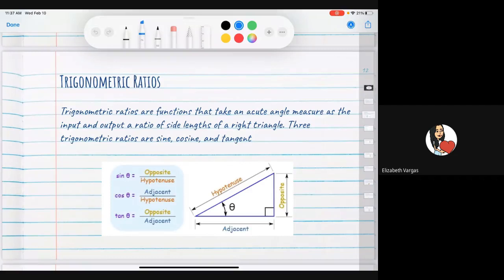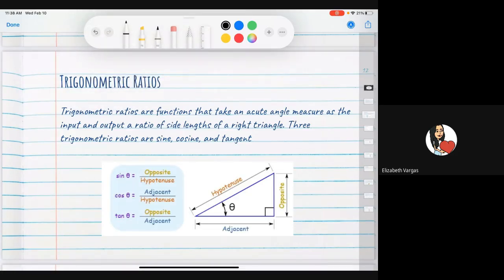And a trigonometric ratio is a function that takes an acute angle measure as the input and outputs a ratio of the side lengths of a right triangle. And there are three trigonometric ratios, which we're going to learn about. They are sine, cosine, and tangent. So basically we're going to be able to identify side lengths using these trigonometric ratios. The first one that we have is sine, and that is represented as the opposite over